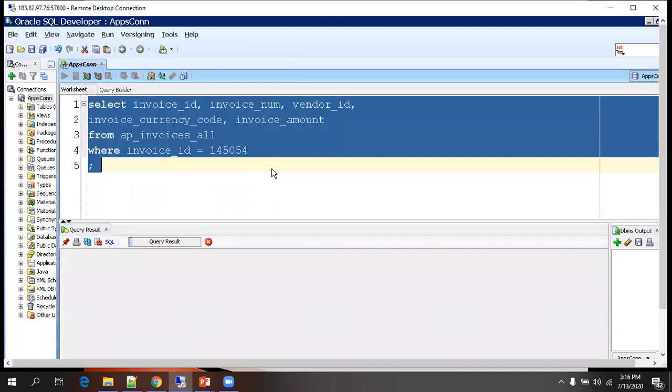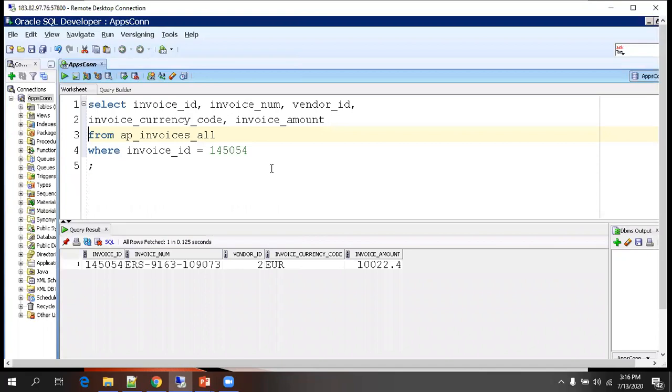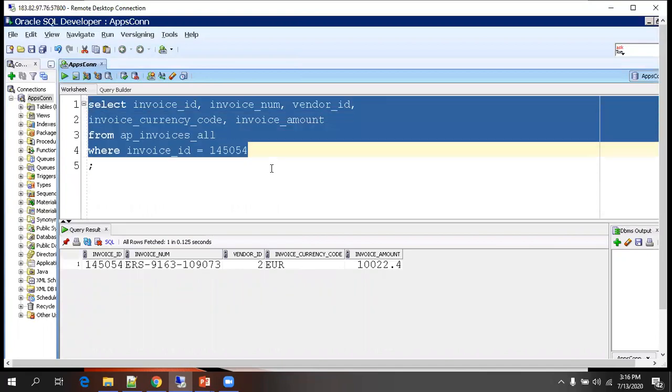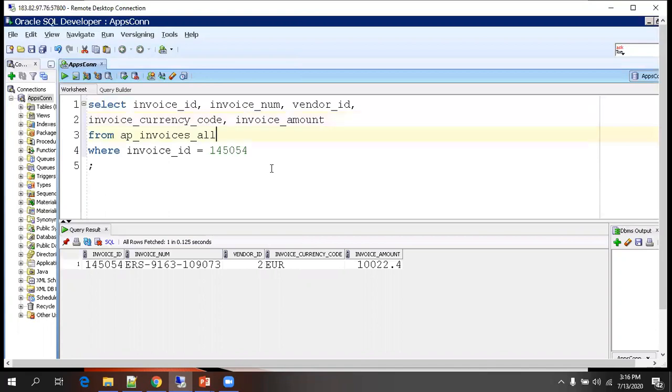If you execute, how many columns are you getting? We're getting 5 columns. The same query I want to execute from PL SQL and display these 5 column values. Let us see how to do that.